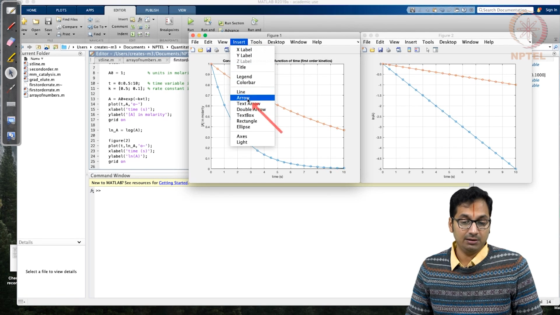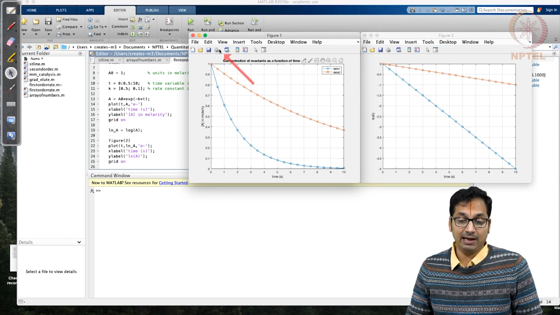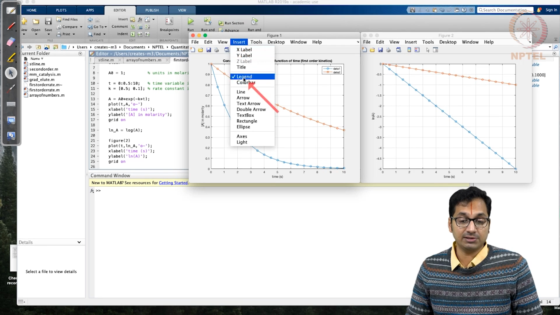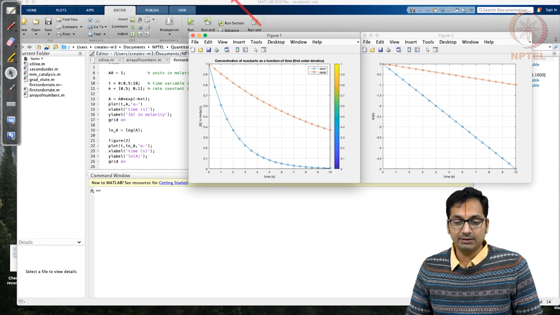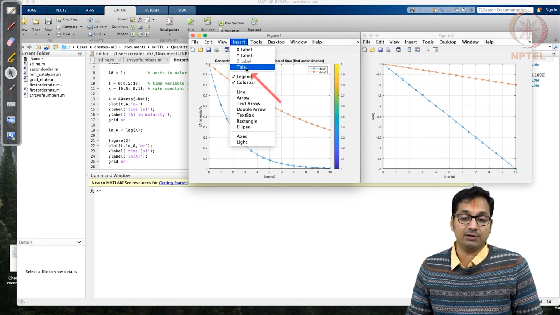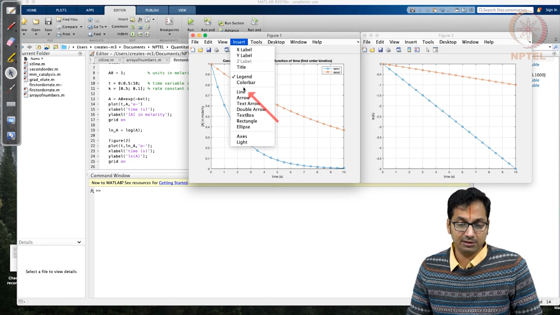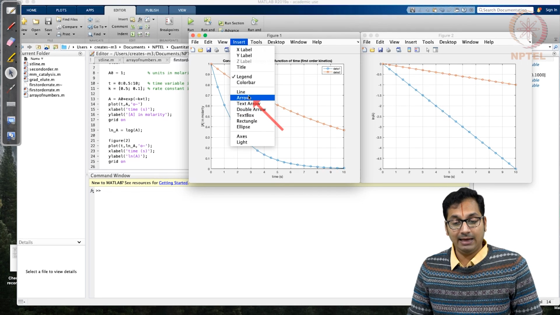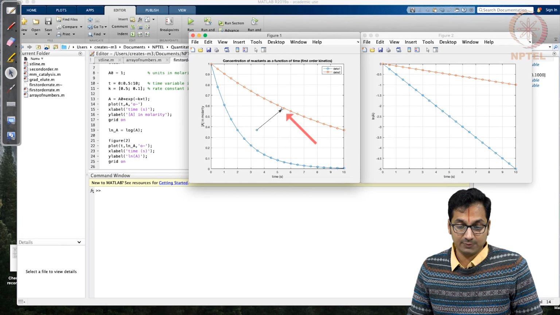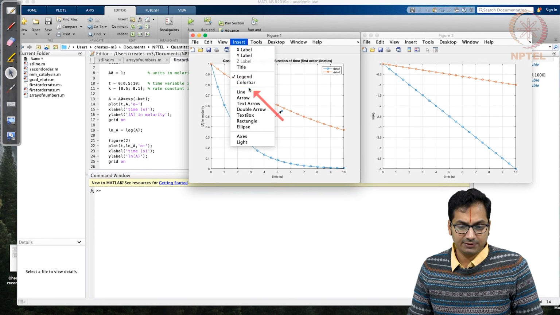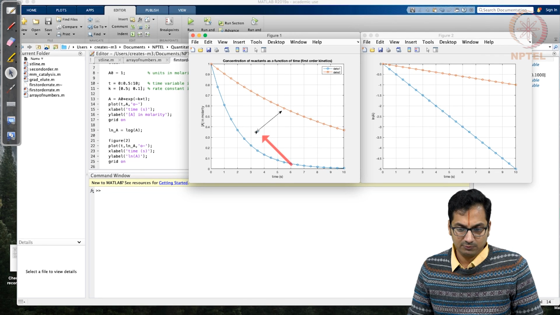So if you see here, you also have the legend that we can add, so that the legend also says how it goes. Color bar can be added. In this case, color bar doesn't make sense because we are not doing a plot that shows some contours or anything of that sort. And then you can add a line or an arrow. You can try to say at this point what is the difference that comes up, and if you are able to see the large difference that comes up between the two data points at the similar curve. So we can try to say insert arrow.